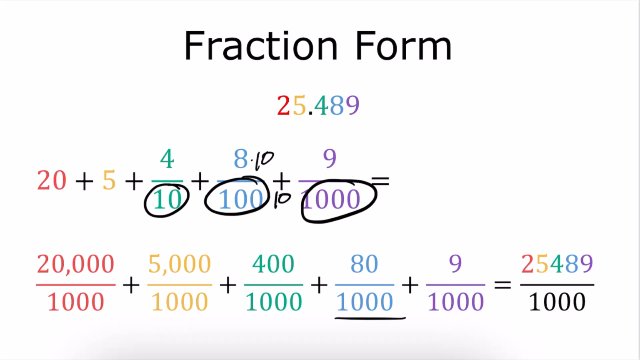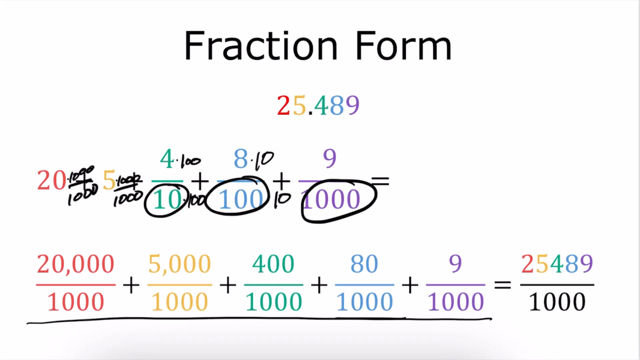And when we do 4 tenths times 100 over 100, that gives us 400 thousandths. When we multiply 5 times 1,000 over 1,000 to give us the common denominator of 1,000, you get 5,000 over 1,000. And same thing with the 20, you'd multiply by 1,000 over 1,000 to get that common denominator of 1,000, which gives you all of these fractions that have the same denominator. And then you can add them all together, which gives you this single fraction, which is the fraction form of